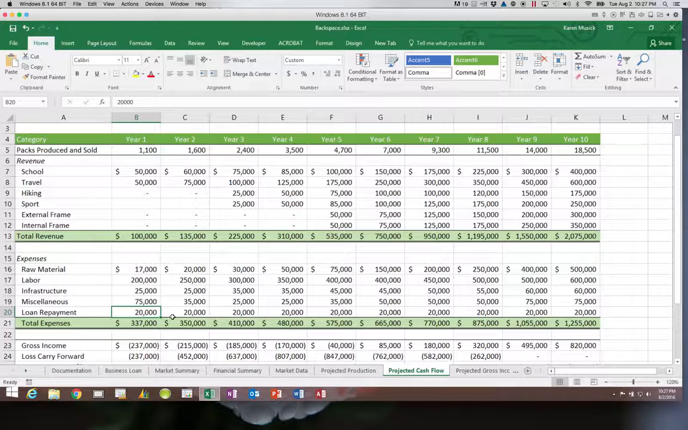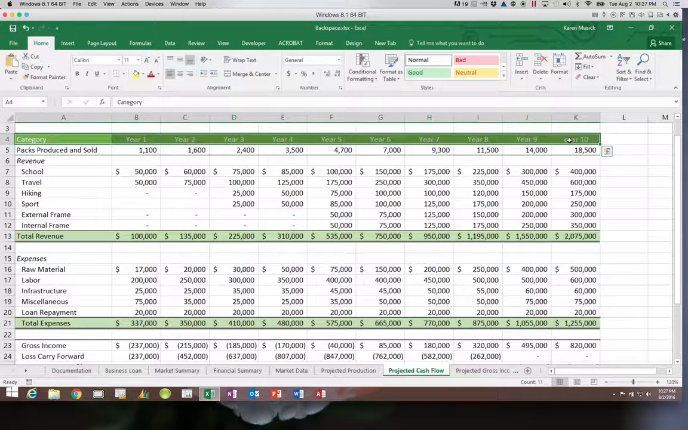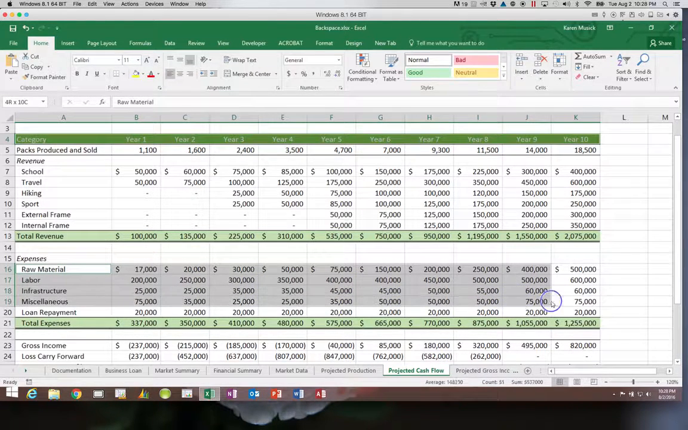So the first thing we have to do is select the data for our chart. So what we want to do first is select the non-adjacent ranges of A4 through K4. Then hold the Control key down and choose A16 through K20. Now that we have that selected, you release the Control key and the mouse, and